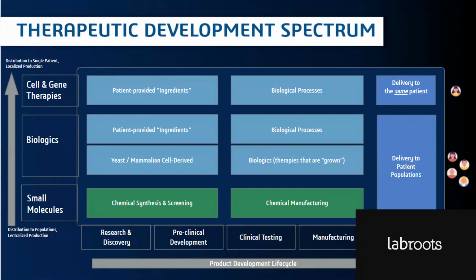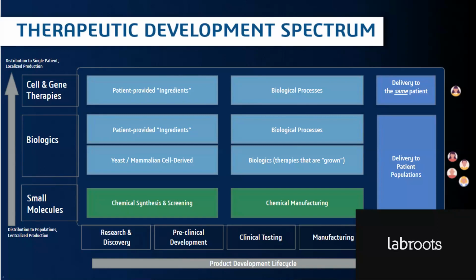phases towards being commercialized. And then we have these different product streams that, depending on what type of company you're dealing with, it may have all three of them, and even more in some cases. So you have small molecule development. In early stage research and discovery, you're dealing with chemical synthesis and screening, and then that moves into chemical manufacturing. If you're looking at a biologics process stream, you may have yeast or mammalian cell-derived processes, or ones that are more individualized, patient-provided ingredients as you move to